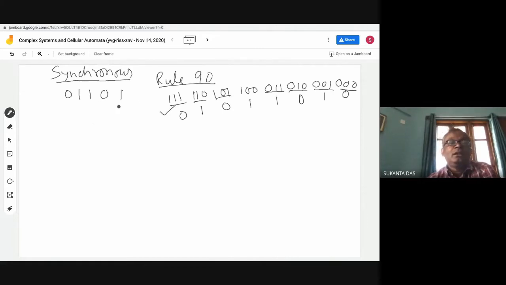Now for the first cell, come to this first cell. Here in case of synchronous, what's the boundary condition? It is null. So here,